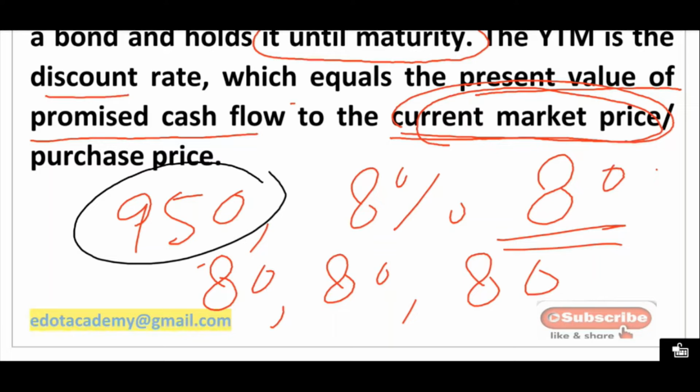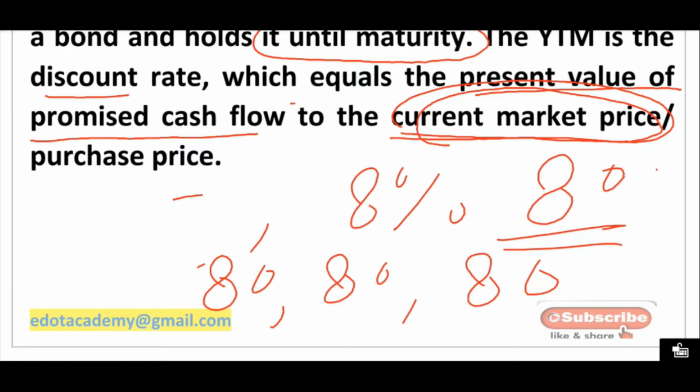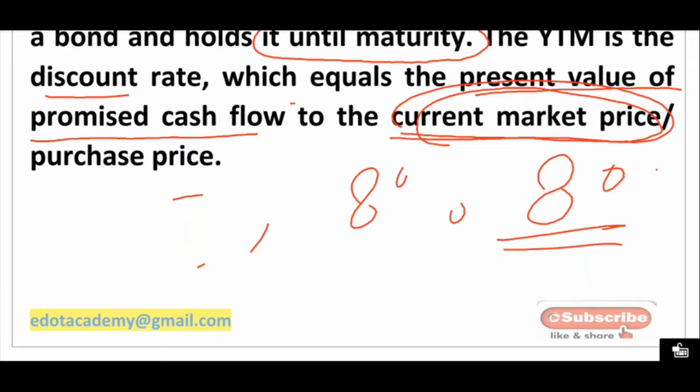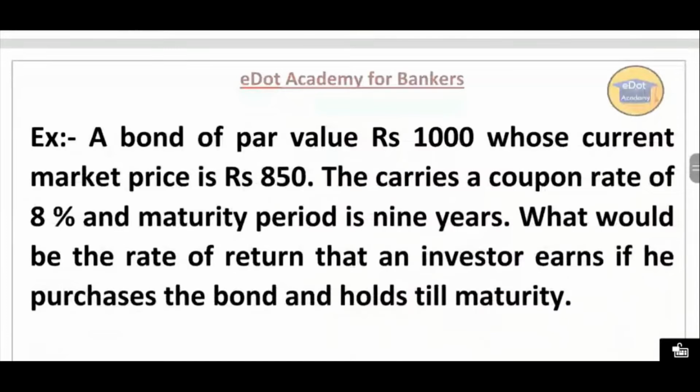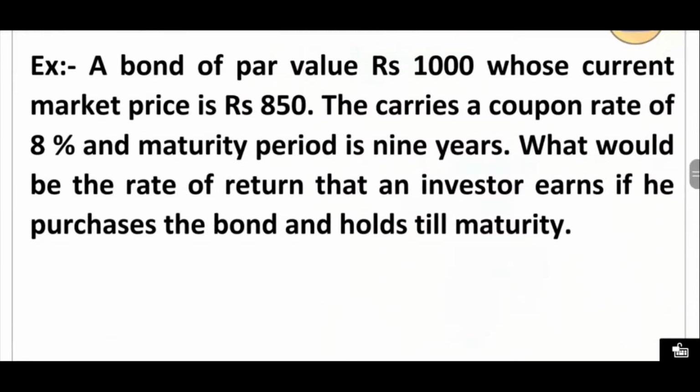Okay, so let us see one example here. We'll solve this example in two ways. One as per your book, means the book of your Macmillan. We'll tell that also. One more method is there. If nothing is given, that second method will be helpful. So first I will solve as per your book, as given in the book. Then I'll tell you the second method.